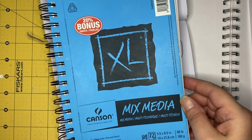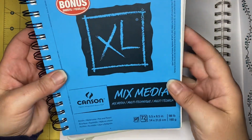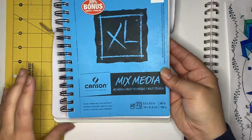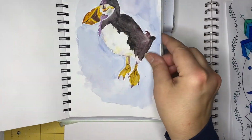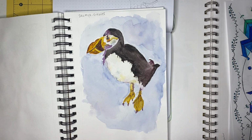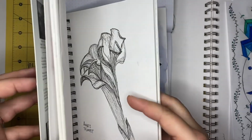It's not anything fancy. It's just a Canson mixed media, about 5x9, 98 pound. I like this because I can put watercolor on it the way I watercolor. Obviously, you can't do any intense things. And this is the cutest little puffin you've ever seen with these janky feet. Anyway, I got this for